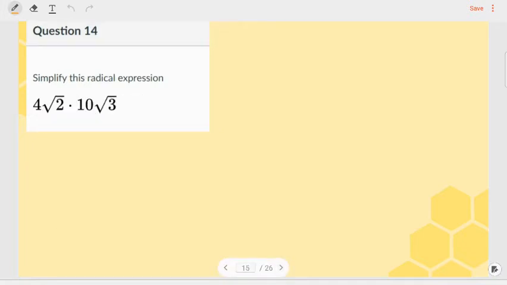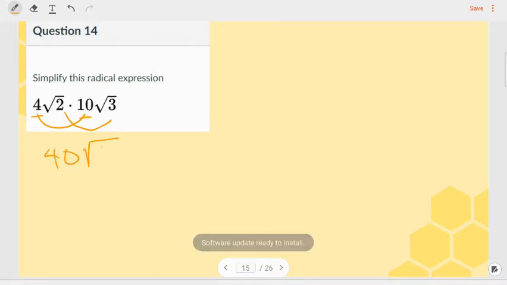Number 14, multiplication. I love multiplication because I do not have to follow the like term rule. I can just multiply what's outside of my radicals and what is inside my radicals. 4 times 10 is 40, and 2 times 3 is 6. And because the 2 times 3 is inside my radical, 6 is going to remain inside my radical. One thing I have to do is check and make sure that I cannot simplify it. There are no pairs. 2 and 3 are not alike,